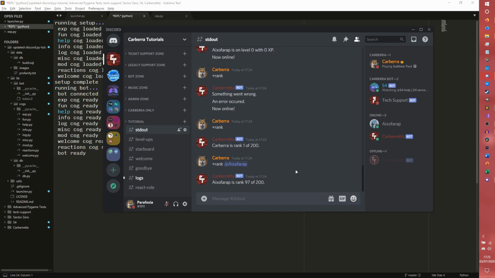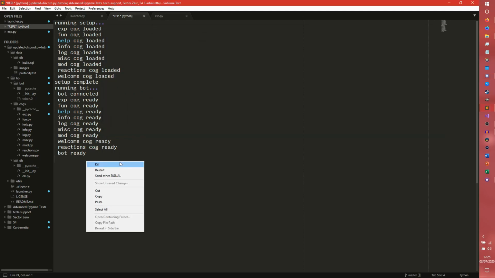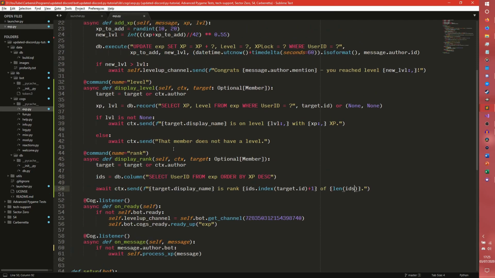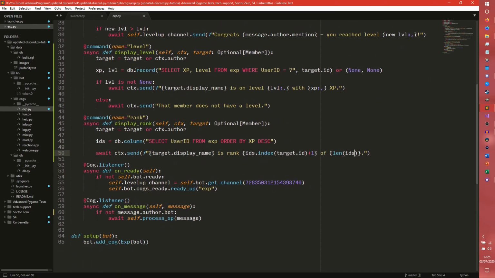You can stop this by saying that if they don't have a rank, or if they don't have any XP at all, if they don't have a level, they're not included in the leaderboard. We're not going to bother doing that because this is just a really simple implementation. Again, you'd probably want to do